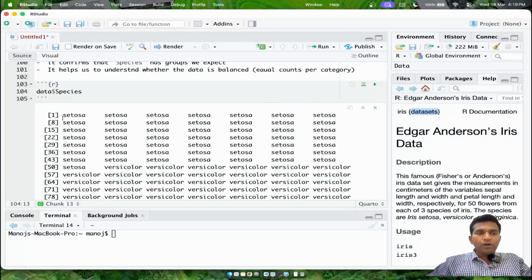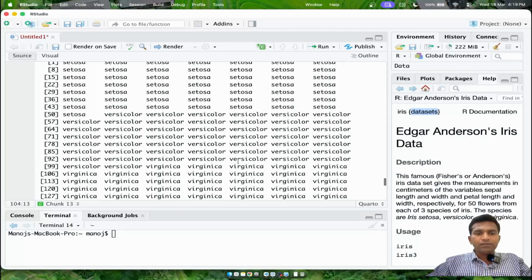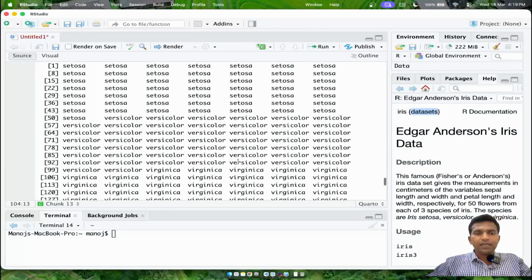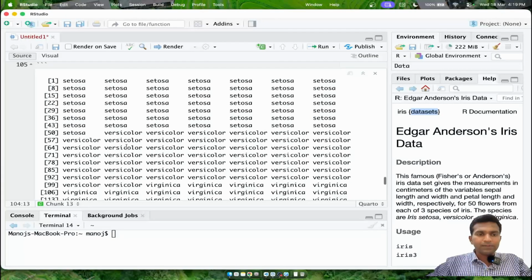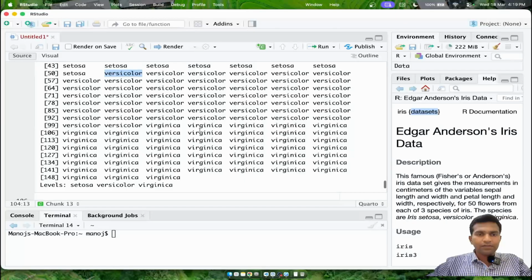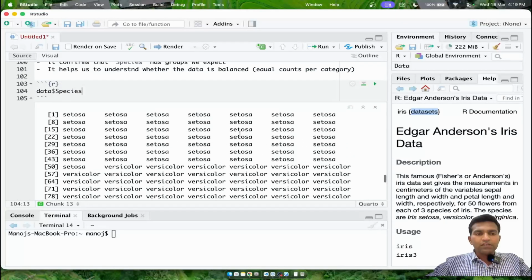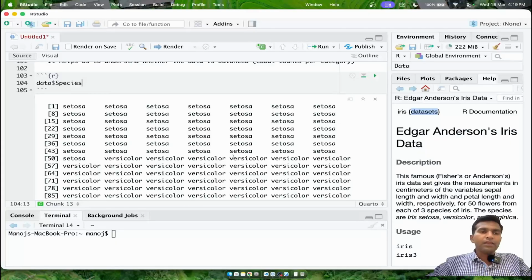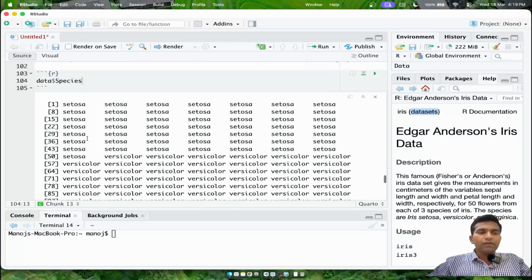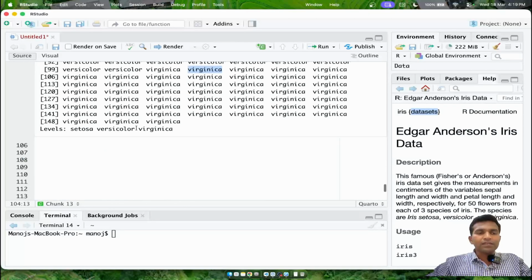If I want to know how many times these individual values have been repeated, visually I can see setosa is one value in the species column, versicolor is the second value, and virginica is the third value. These are the only 3 values apparently I can see in this data set for the species column. If I want to count how many times these values are repeated in this column,